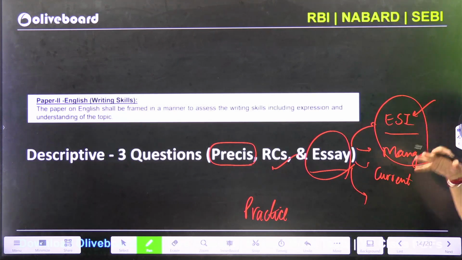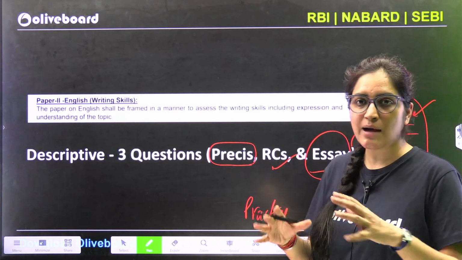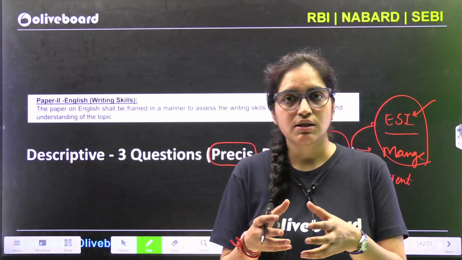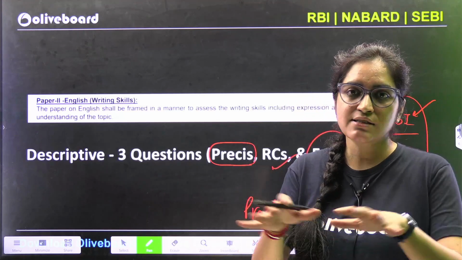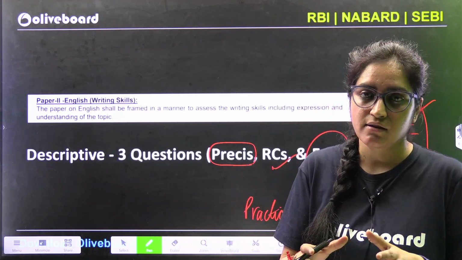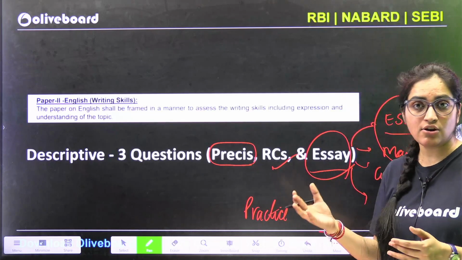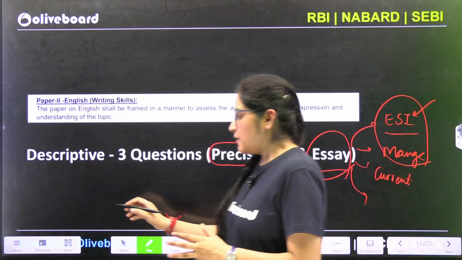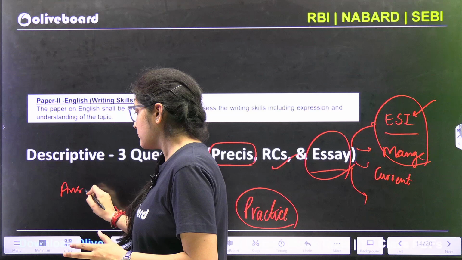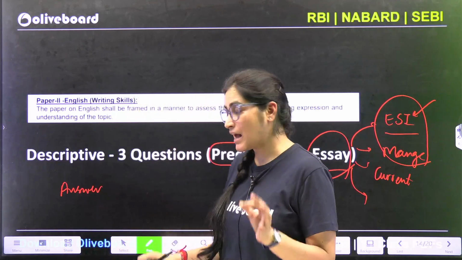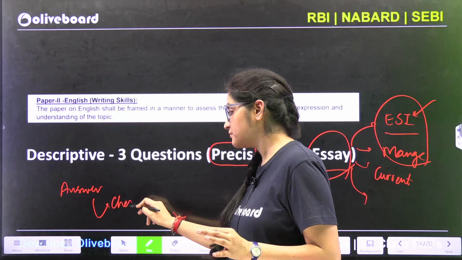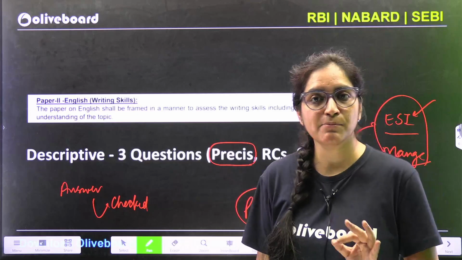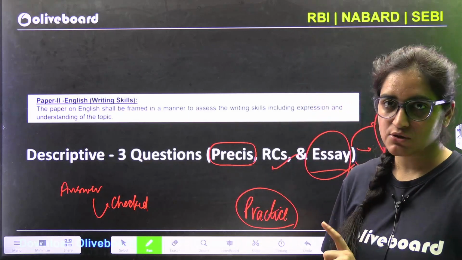pretty easy domain where you can fetch more marks, because आपको social issues के बारे में ज़्यादातर पता ही होता है. It's just that the knowledge that you have, it's scattered. You have to just organize it. And for knowing how to organize your answers, practice is a must. And that's why answer writing, not only answer writing, but after writing, getting them checked. After writing, getting them checked will also help you in preparing for this very examination.